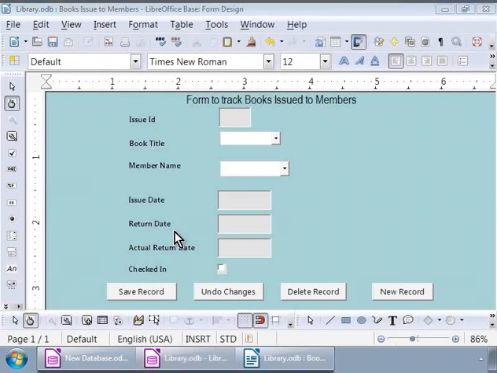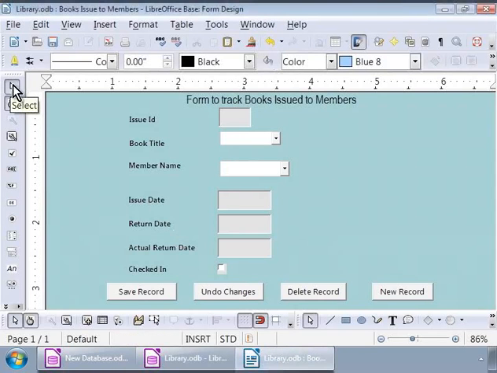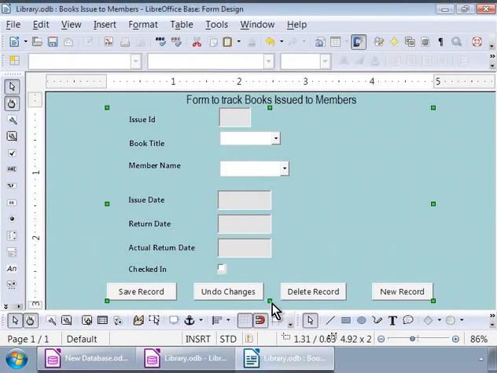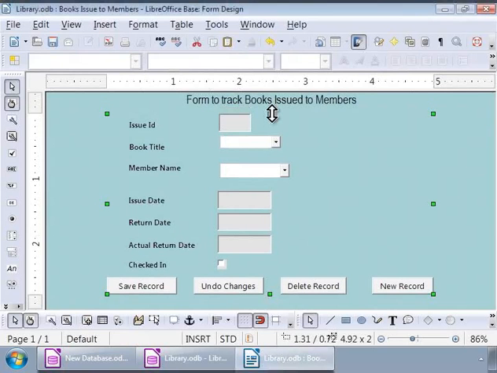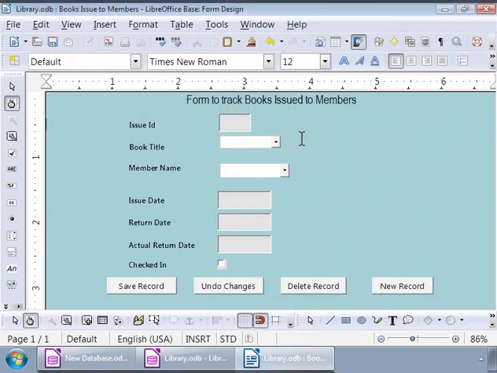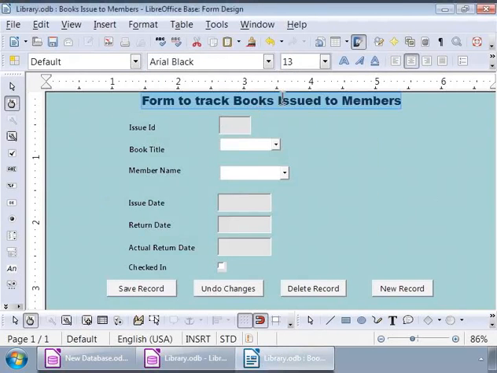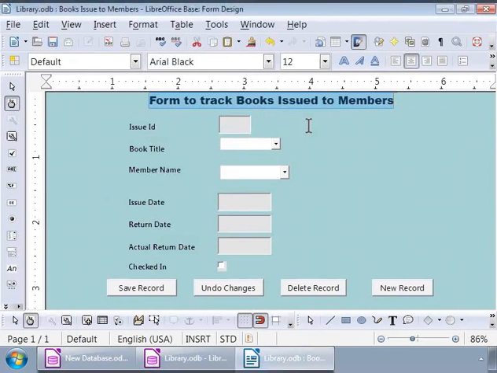We are now in the Form Design window. Here, let us first resize the form so it looks compact and less imposing. To do this, we will decrease the height and length of our form window. We will do this by clicking, dragging and dropping on the top and sides of the form window. Next, let us change the font of the heading on our form. Let us change the font to Arial Black and size 12 from the formatting toolbar at the top.